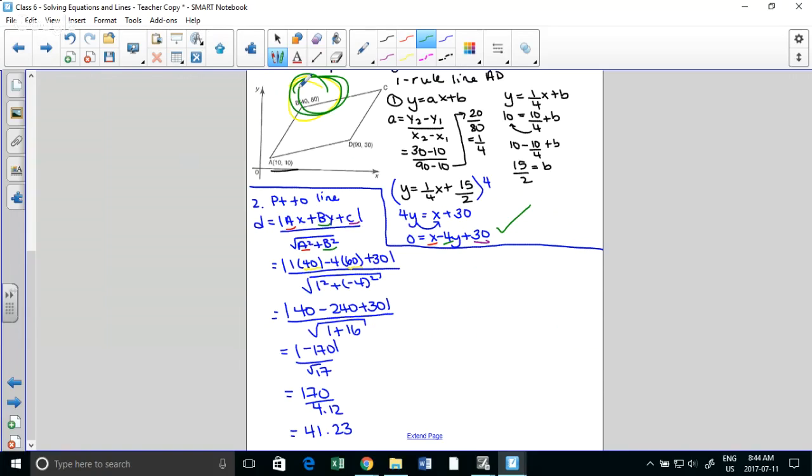You could do the regular distance formula, but to find the shortest distance, because we want the 90-degree distance, you would have to find the rule of this line, use the negative reciprocal to get the slope of this line because they meet at 90 degrees, find the rule of this line, find the intersection point, and then find the distance between this point and the intersection point. So essentially, by just finding this rule in general form and applying this formula, you have 2 steps,